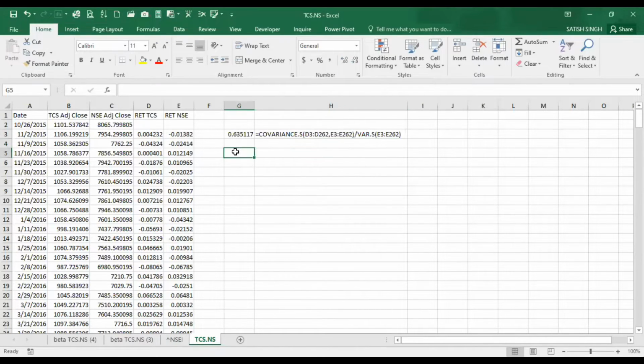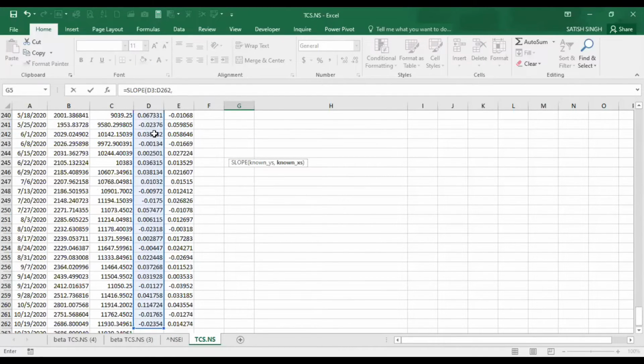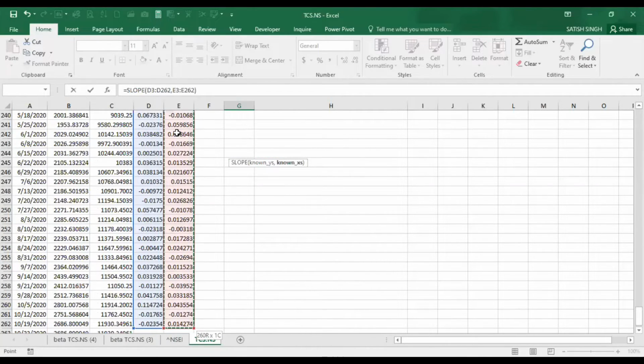And now the second, the simplest method. If you have seen my previous videos on how to do regression, beta is nothing but the regression slope that we are finding out. So known y is the return on TCS, being the dependent variable, and then known x is the independent variable, that is the market, because we are checking it against the market, and the market in this case is our NSE.